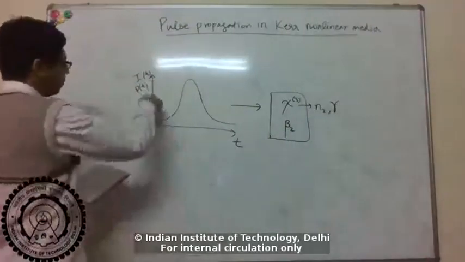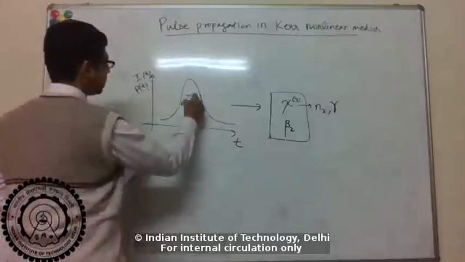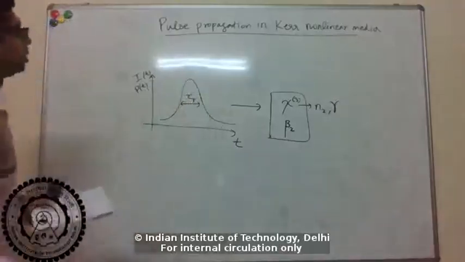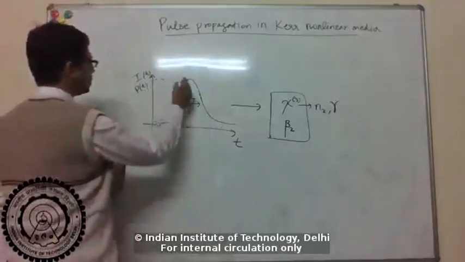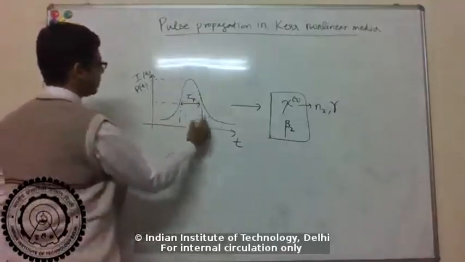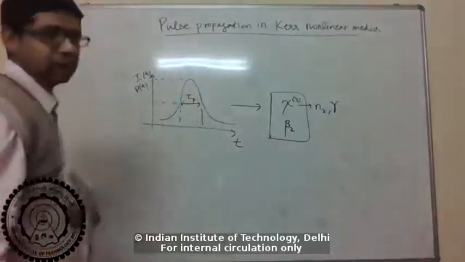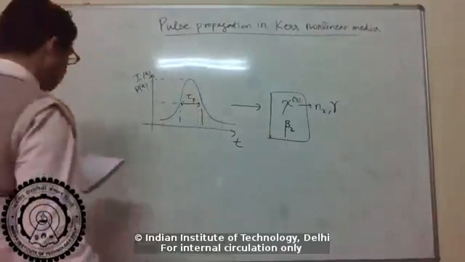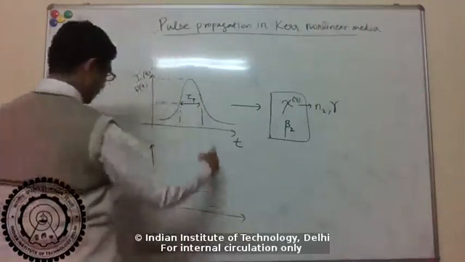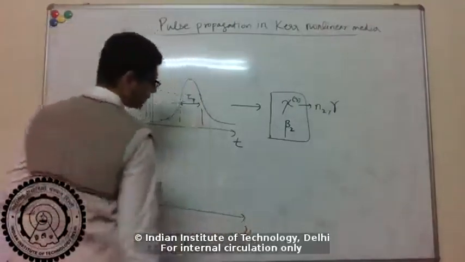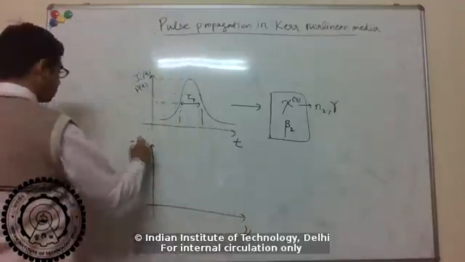So if you have a pulse like this in time, let's say the pulse duration is tau p. There are various ways to define the pulse width, but let's say we define it by the half intensity level. So the full width at half max of this pulse in the time domain is tau p. That's the pulse width in time. If you take the Fourier transform and look at the frequency space, as a function of frequency nu,